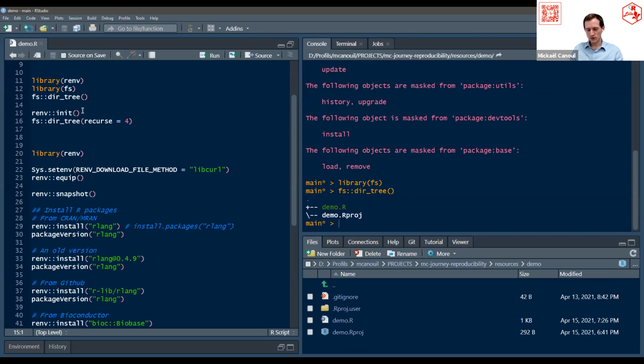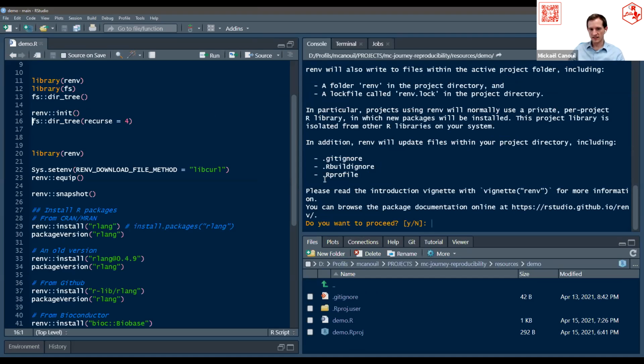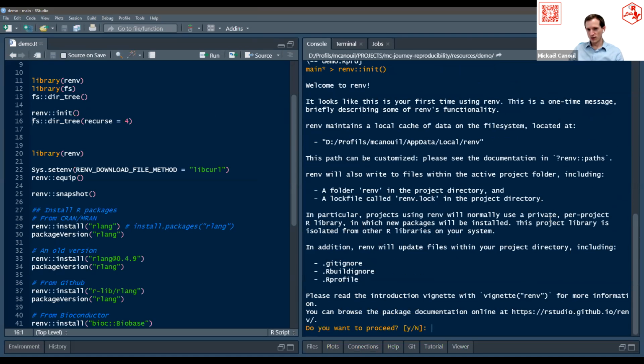It's an easy way to get the structure without having to click everywhere here. The first function I was mentioning is the init function. Ramp makes it really clear what is going to happen in your project. You have a lot of text saying that it will store some cache for the installation, and it will tell you where. It will depend, and by default, it will be in the user folder.